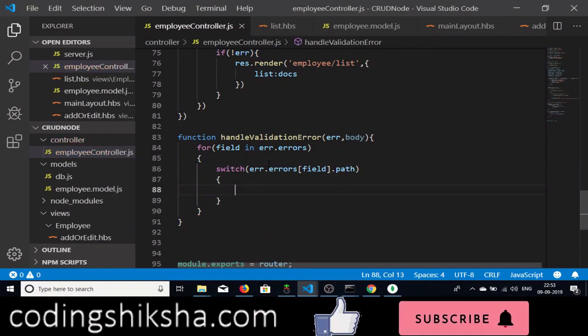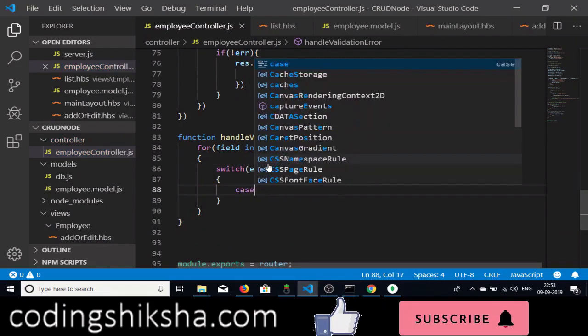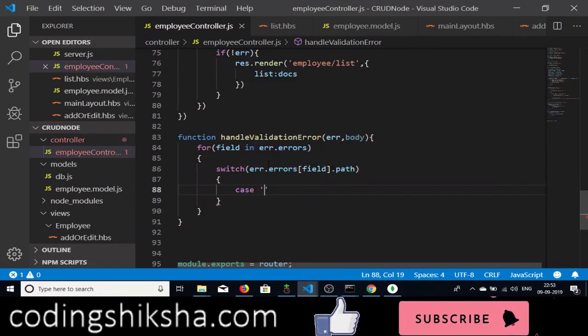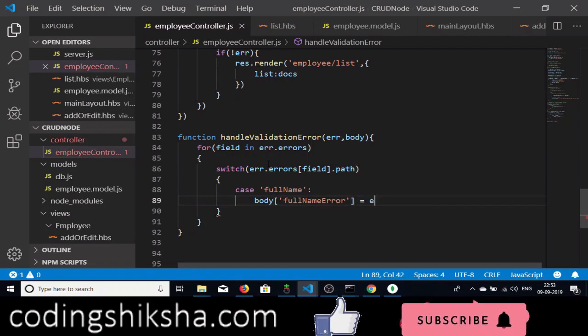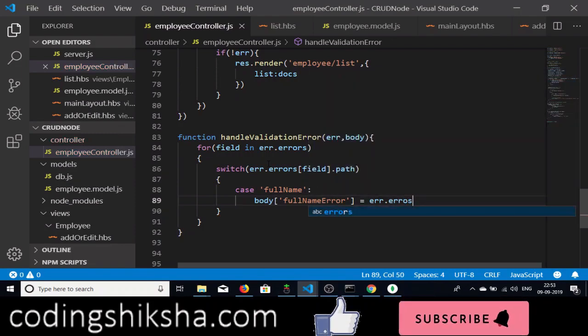So the first case that we will be checking for is the full name. So the error comes in the full name field. We need to handle this as we will be manipulating the body, and we will be writing full name error, and we will be initializing it to this, that is error.errors,